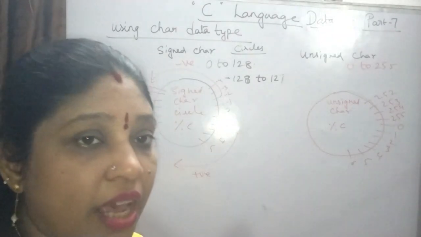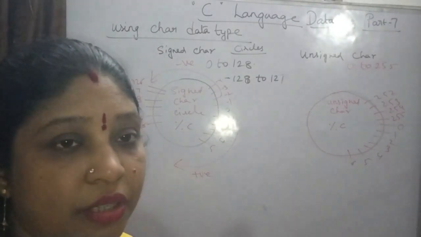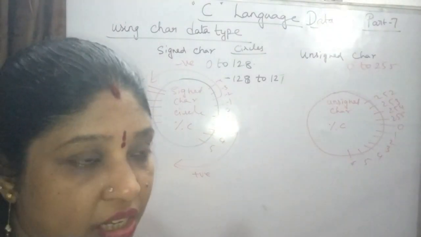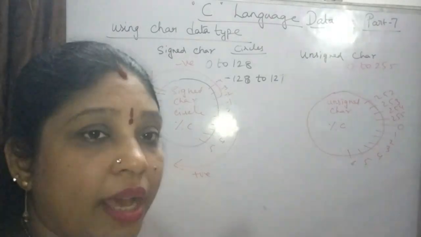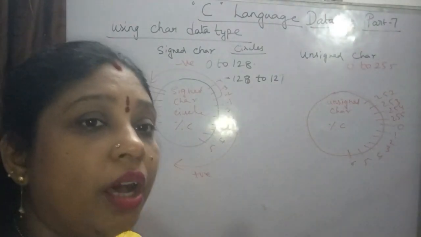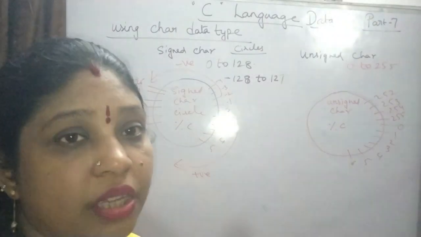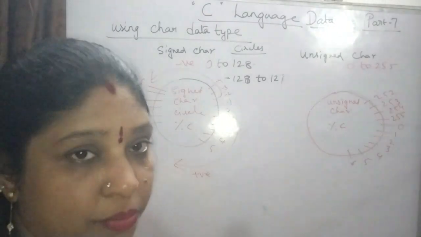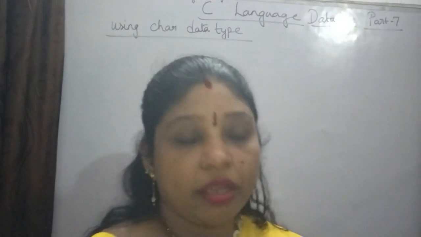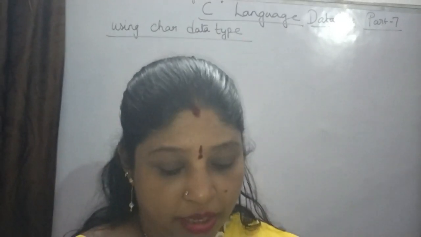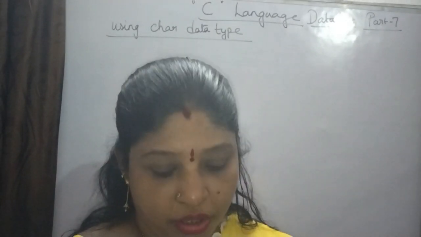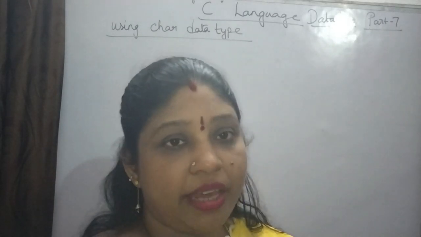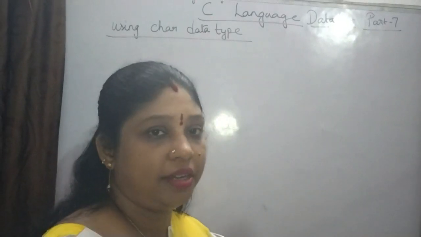Okay, now next I am going to give some examples, like how to retrieve the data and how to assign the data. When you are retrieving and you are assigning, what happens to these circles, like how the compiler acts on these circles, all those things we will discuss with small example programs. Now I am going to give an example program to display the character by using char data type.